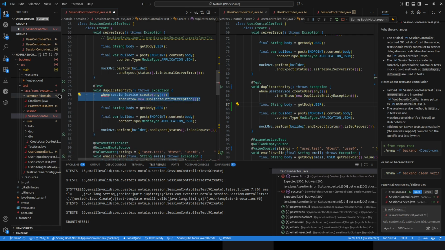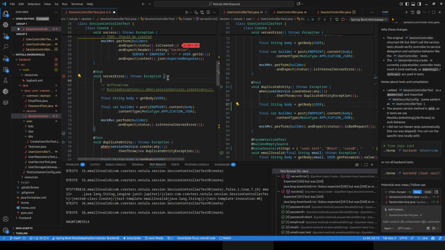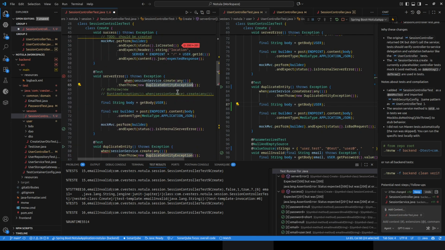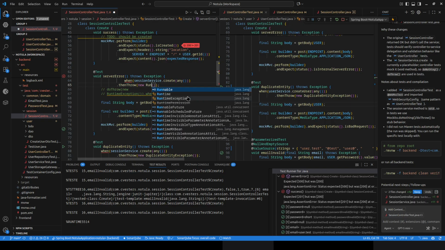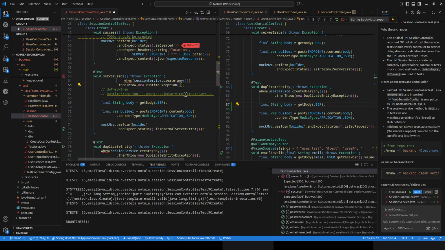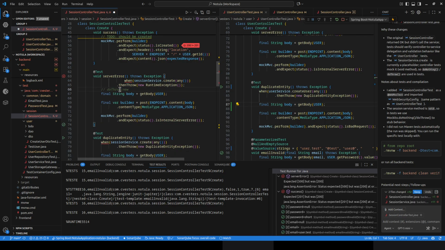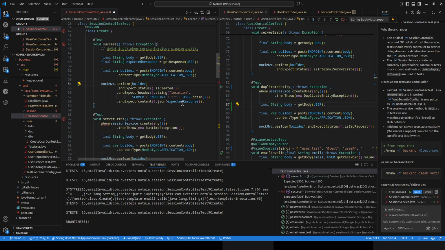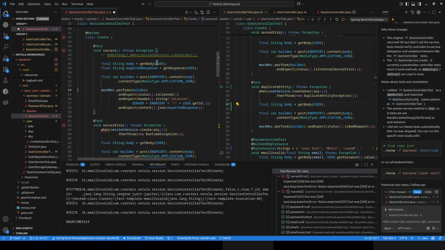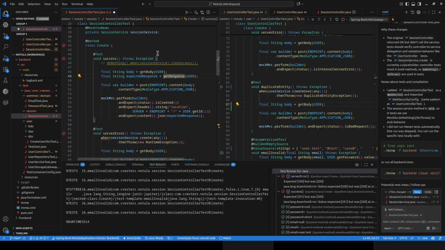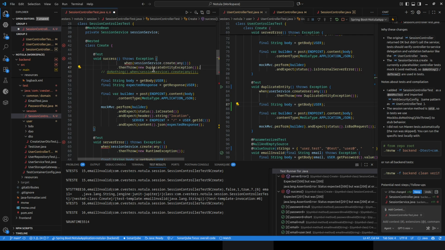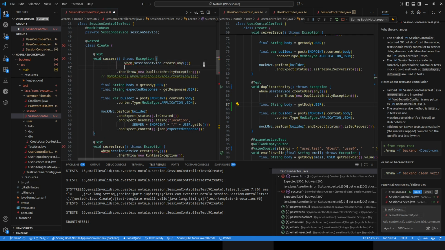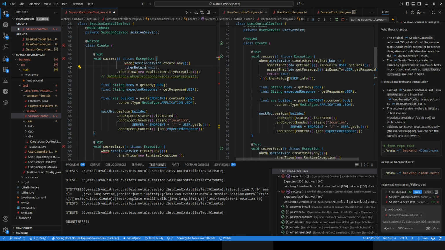Okay, and then I can copy paste this up, and I say then throw runtime exception, and then this can go away, and this should, yeah, so should we create, this is exactly correct. Server endpoint response, yes, get body, and then here it is when session, then return, and I should return